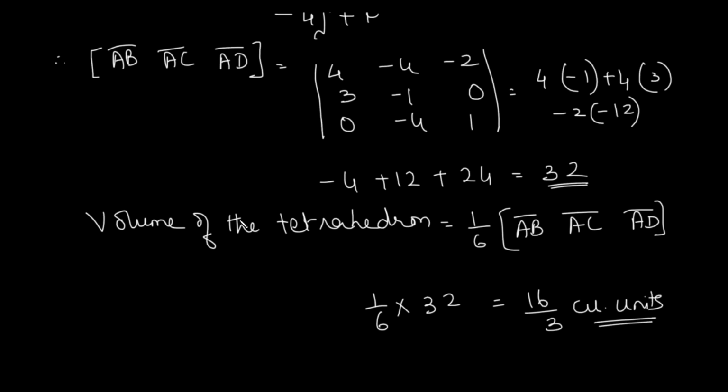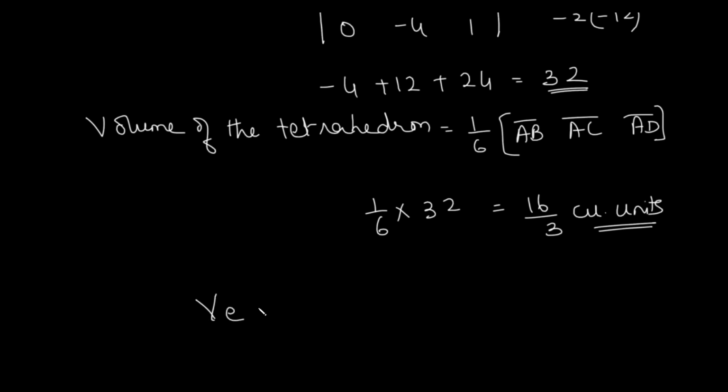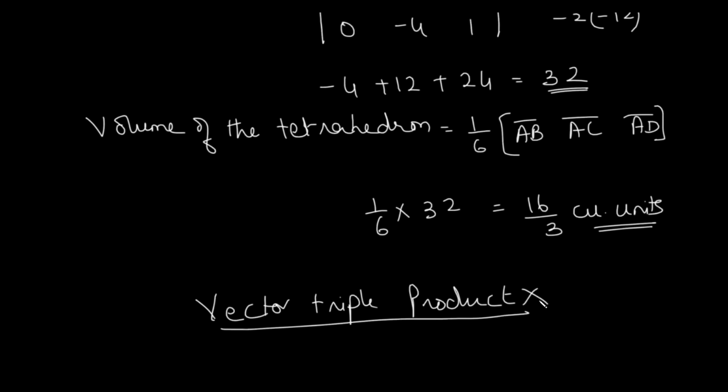Okay, so these are the sums which we did using the scalar triple product. Now one more product is given in your textbook, which is known as the vector triple product. However, from this year's board, this portion has been deleted. In this year's board exam, you will not have any sums dealing with vector triple product. So the remaining sums, sum number 8, 9 and 10, are based on vector triple product, so we are not going to do those sums. That means this particular exercise 5.5 gets over.